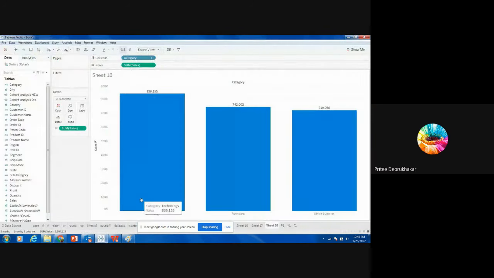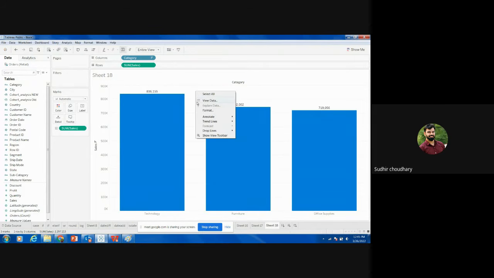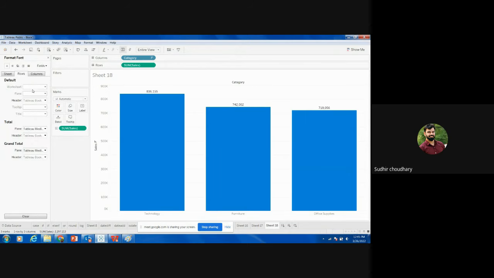So this is how we can make our presentation very, very effective. Now you can also change the background. It is very easy to change the background. Just click on this format. You can change the color of the sheets, a different color, maybe black, maybe any color. You can take whatever you want.